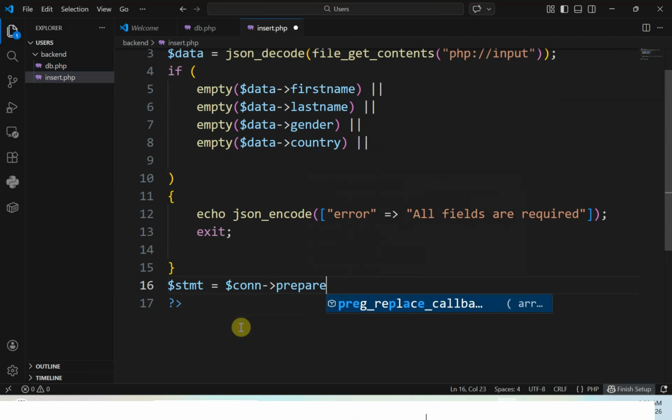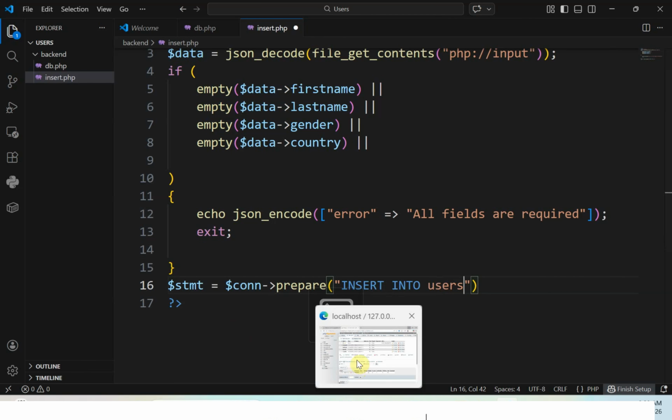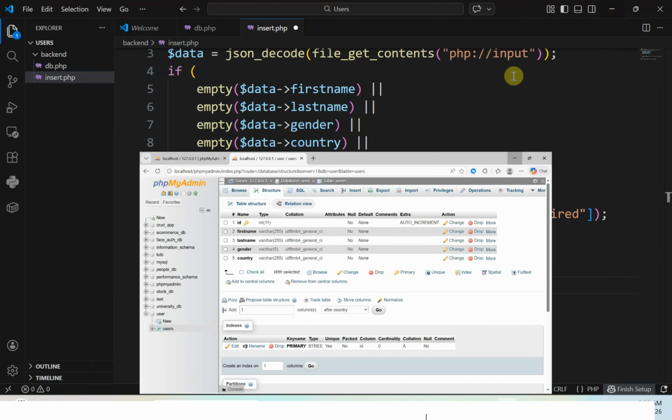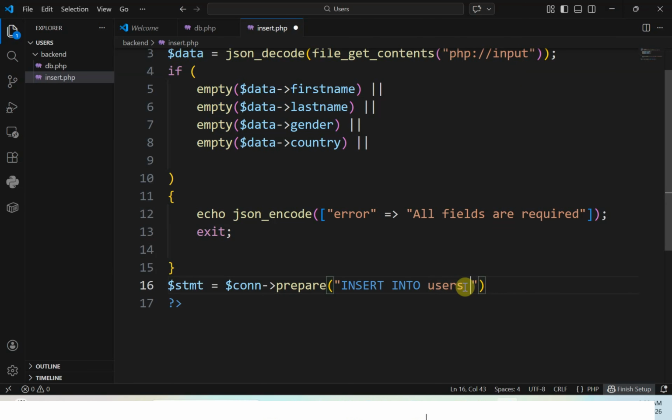So prepare, and now we need the SQL query, insert into. We have a table users, so insert into table users, so here we have